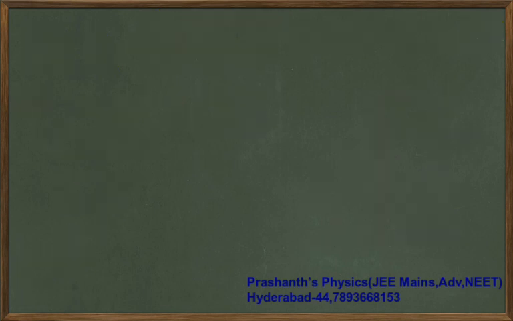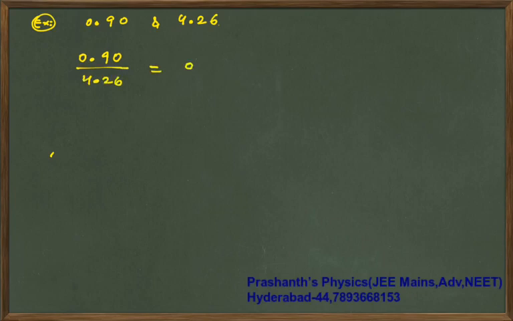Next, continuing further. In division also, if you take for example, I have little time left, so 0.90 and 4.26. If you are dividing 0.90 by 4.26, you will get 0.2112676. This I am doing from the calculator, but in lower classes you must have studied it. Mostly they will not ask this case in the exam because it will take a lot of time.